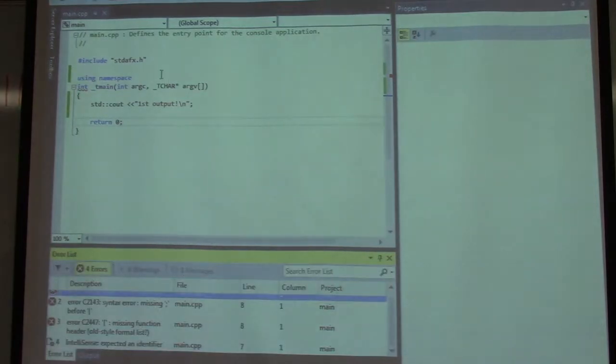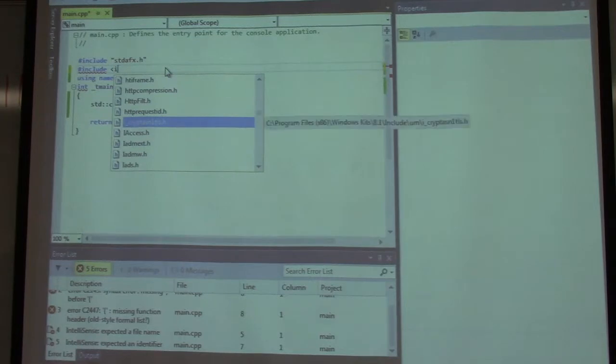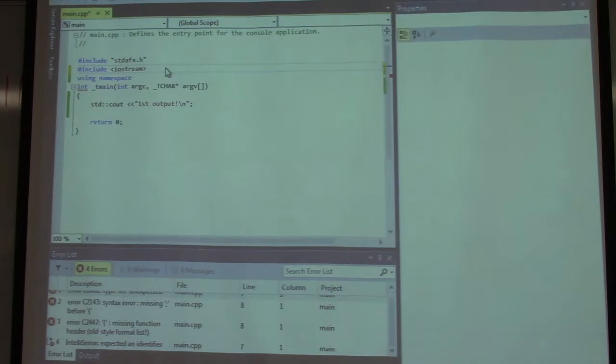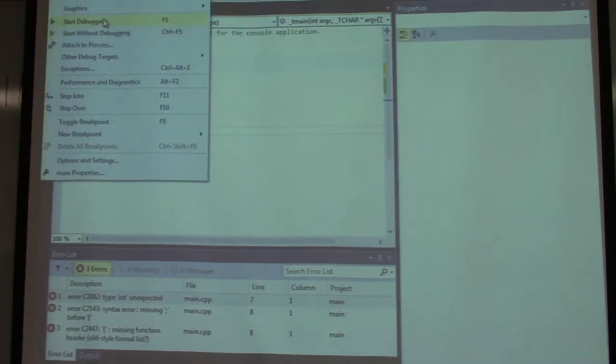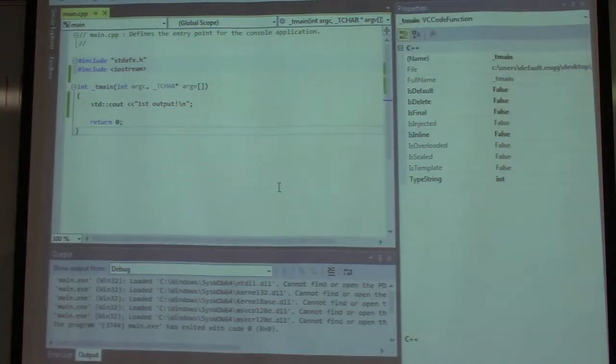Oh, it's still complaining. Now let me include... You didn't finish the iostream. And do that. Okay, this time it executed correctly. All right, now because cout is so frequently used, I don't want to always put the scope name here,